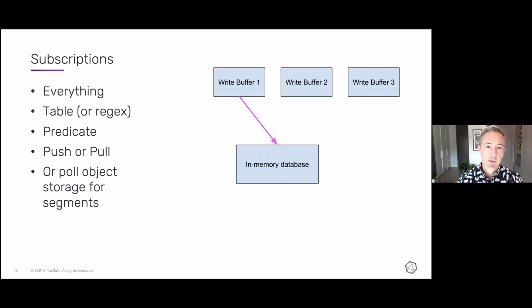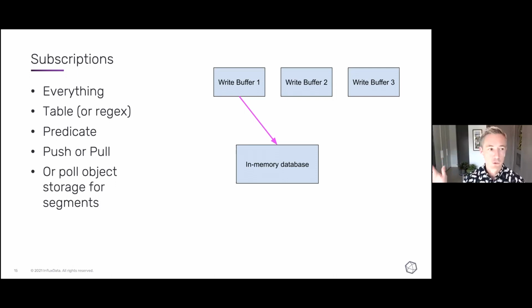So separately, the thing that the RightBuffers deal with is subscriptions. Subscriptions are a way for downstream subscribers, like the InMemory database or monitoring and learning systems or other systems, to pull back a stream of this data. This is on a per database level. They can subscribe to everything, or a specific table, or a regex that matches against a table name, and/or a predicate, right? So a predicate would be like just a column. You say, I want to subscribe to the stream of data from this database, but only where the host